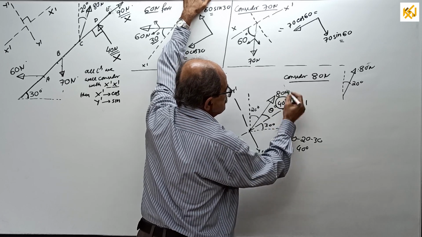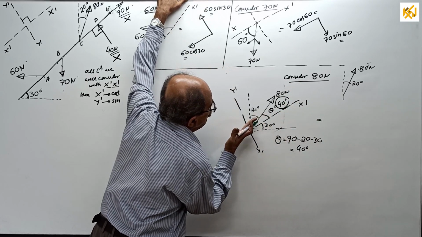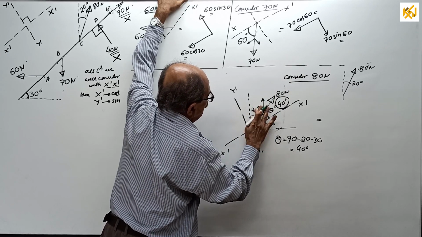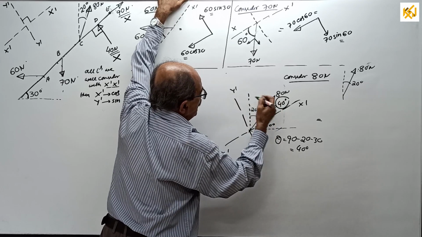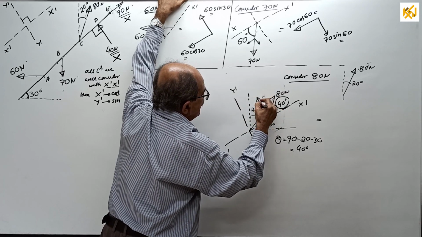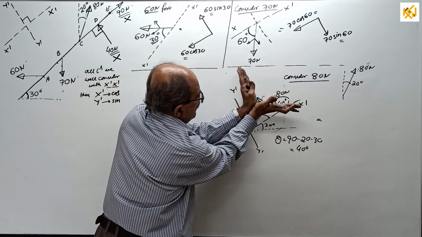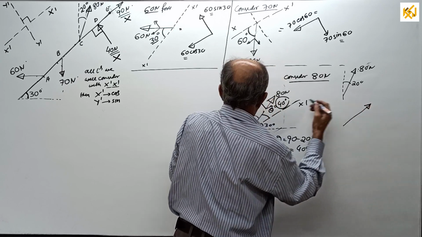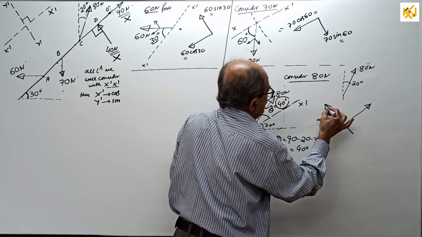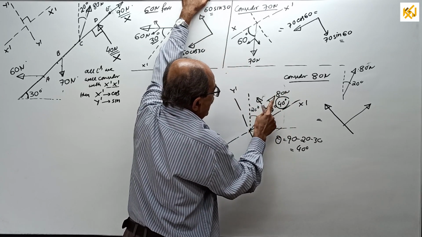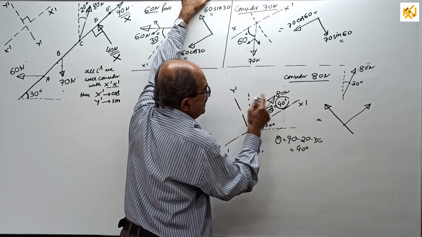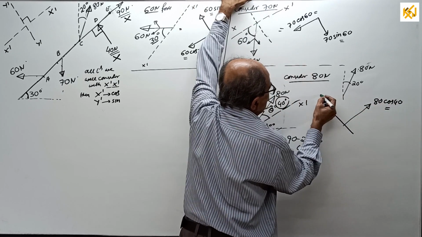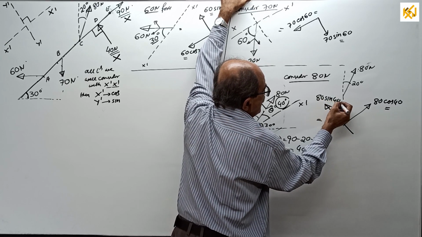I round off. Now this will be equal to, see, component. If it goes this way, one component will be like this. I think your axis here. See, one component will be like this, other will be like this. So equal to one component along x dash, other one perpendicular to that one. Force is 80 Newton. Angle it makes with the x dash is 40 degrees. So this will be 80 cos 40, get the answer. This will be 80 sin 40, get the answer.